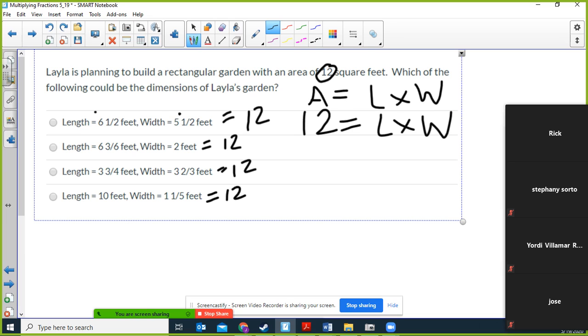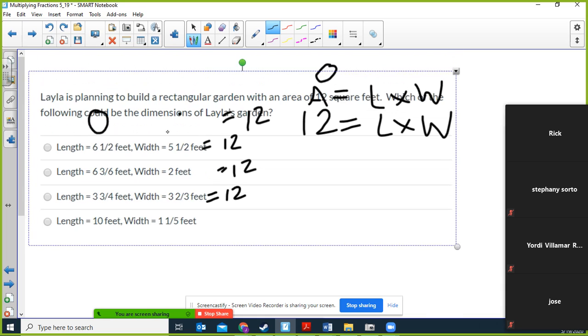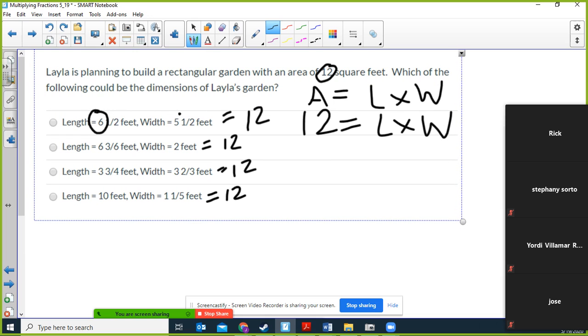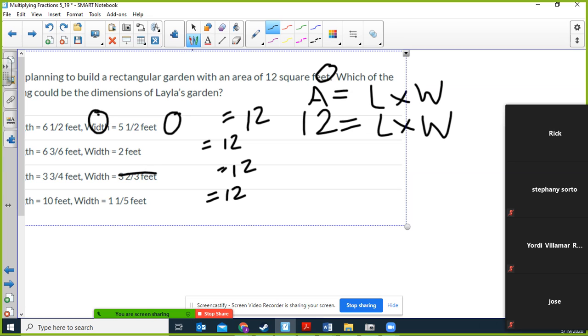Why not? Well, okay, what would happen if you multiplied 6? So you have this length of 6 feet and a little bit more. You have this width of 5 and a little bit more. If you had a length of 6,